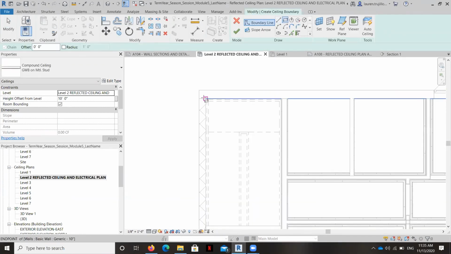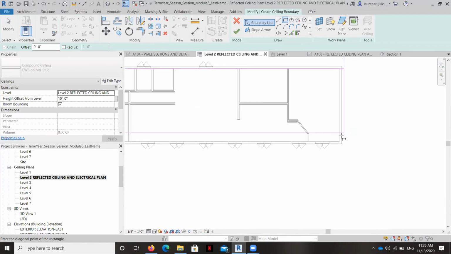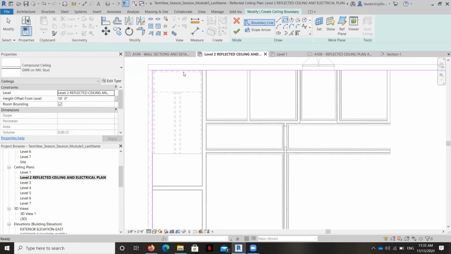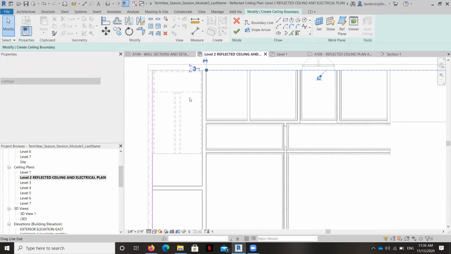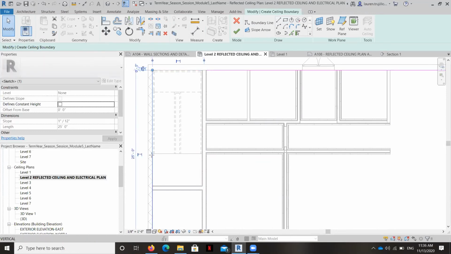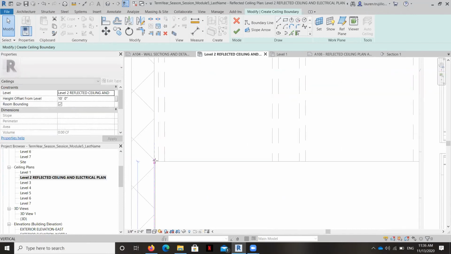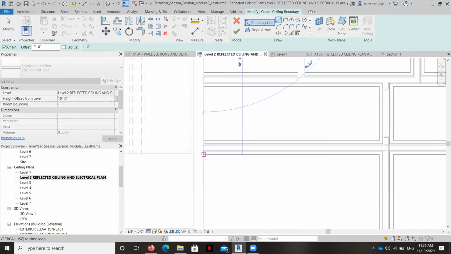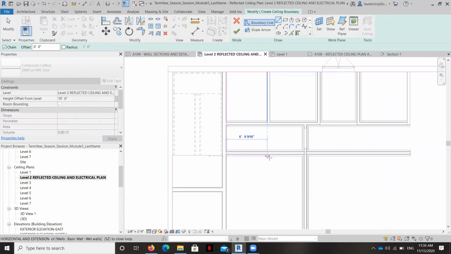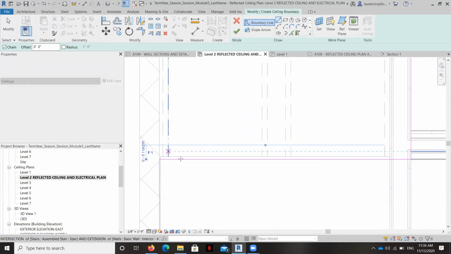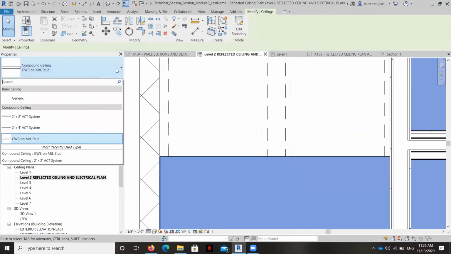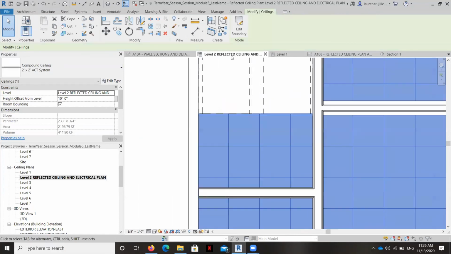So I'm going to do that right now. And we're going to change it from gypsum wallboard to a 2x2.